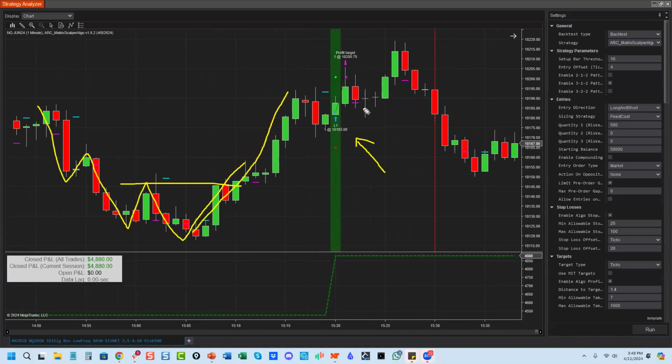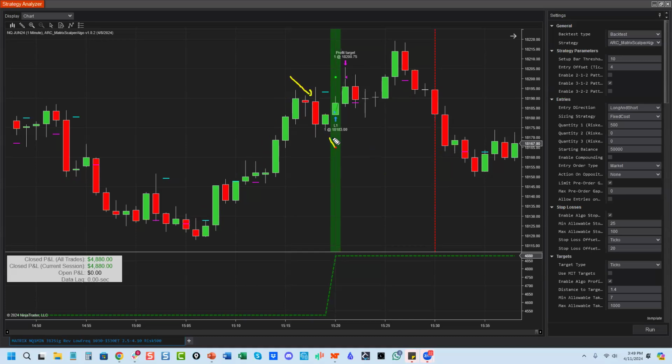But what's interesting is that you see this as a pullback, right? Our algo doesn't see it as a pullback. Our algo sees it as an outside bar, followed by an inside bar, directional inside bar, followed by a directional bar. That's what this is. This is the 3-1-2 pattern.